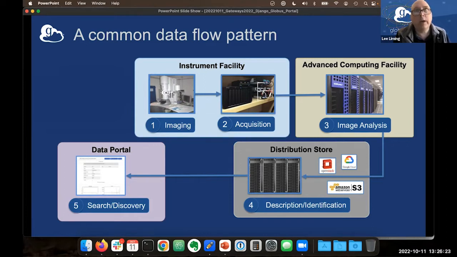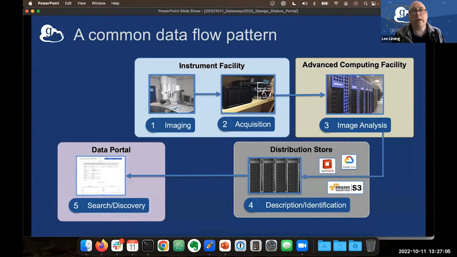Regardless, you want a way for people who don't need to know how that original imaging system worked, or the data acquisition system worked, or even the advanced computing facility where the analysis was run. They don't need to know the details of how all that was done. They just need to look at what the results were and possibly obtain the results through downloading it or transferring it to their own system so that they can try their own analysis on it and see if they can do better or worse, or if it's just different, how is it different,